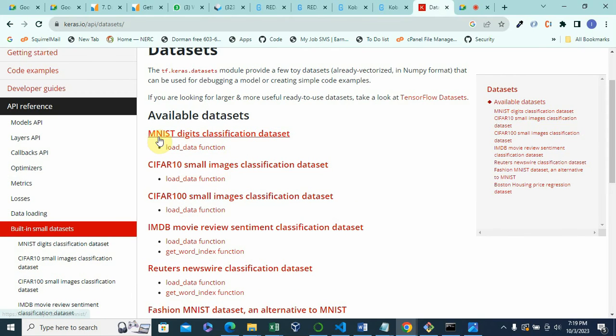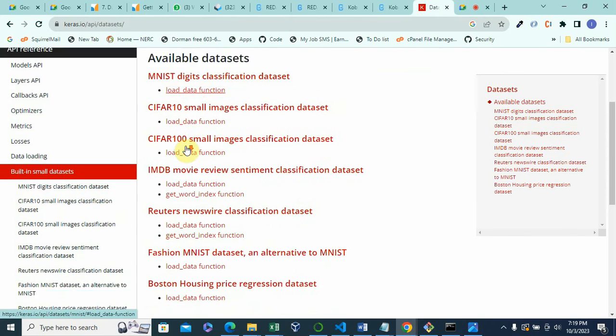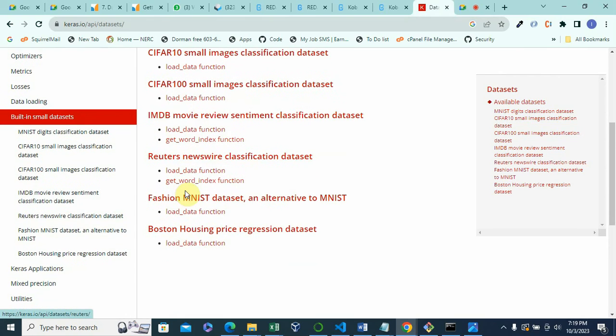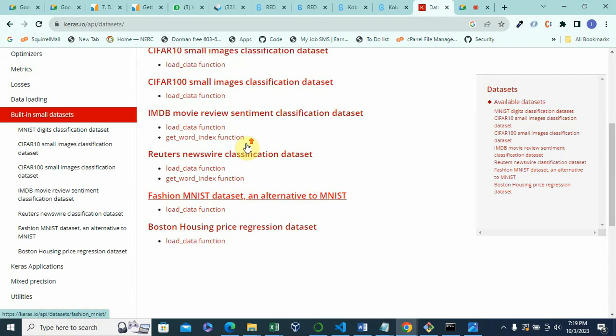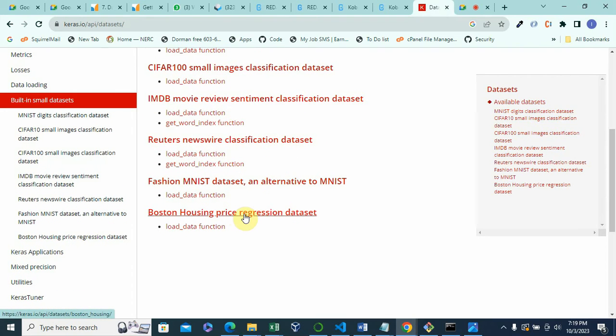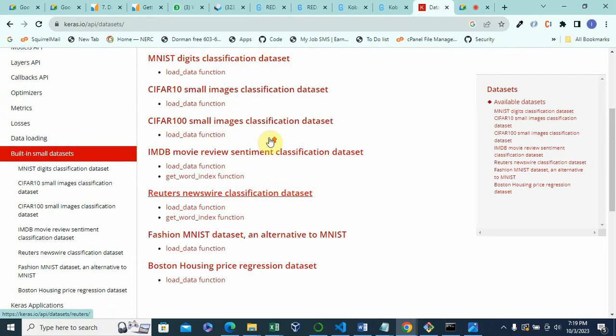CIFAR-10, MNIST, IMDb, Reuters, Boston housing price regression dataset. This is the one I'm going to be using, the Boston housing price regression, because I want us to start with regression.